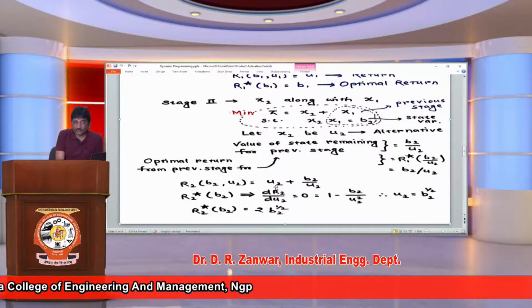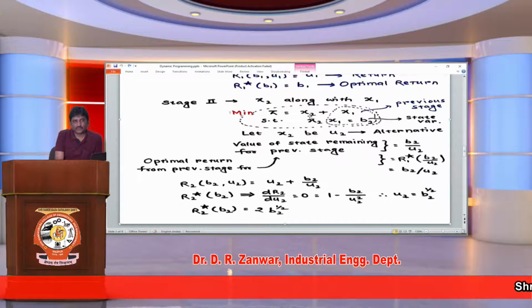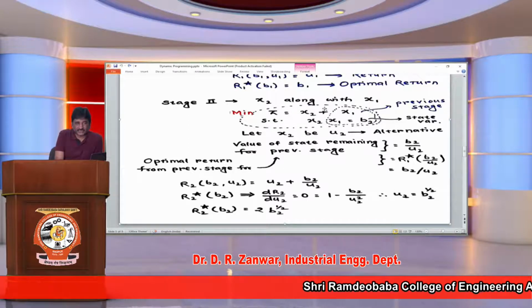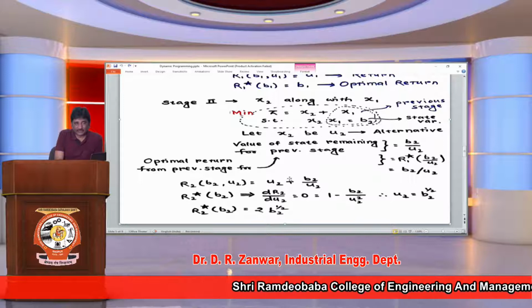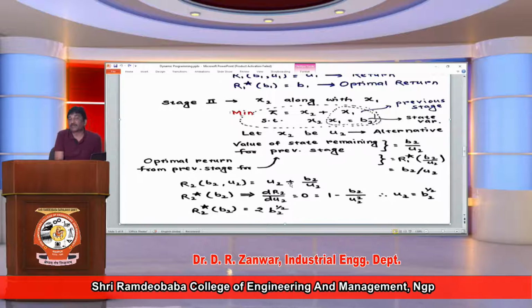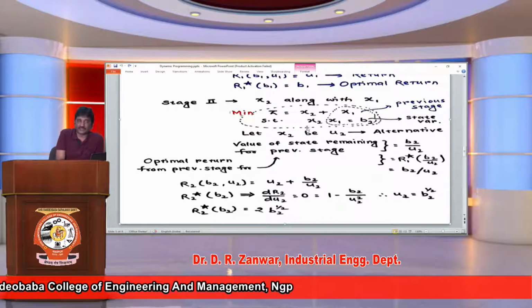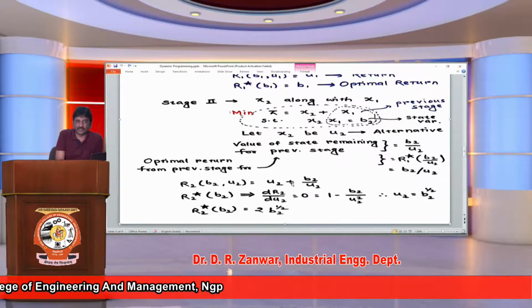Okay, there will be two components. One is the return for current state, that is for x2 here. So you simply put the value u2 for x2, because u2 is the alternative for x2, right? u2 plus, that is the sign which is there in this objective function, so plus here. You recall in your previous problem, there was a multiplication sign in the objective function. So whatever sign exists in the objective function will be there in the return function also.